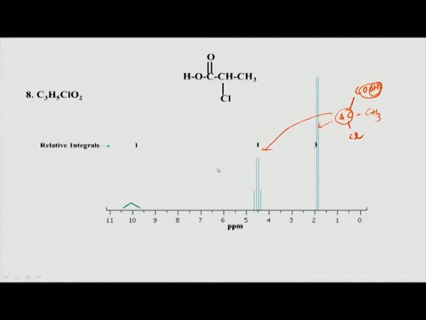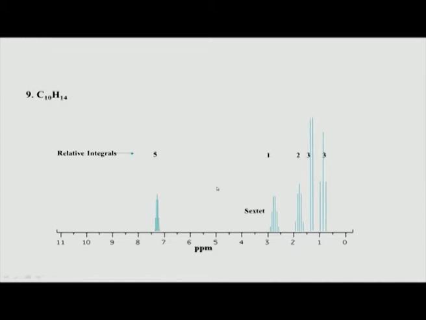So, now in the next 2 examples we will look at aromatic groups. Until now we have not analyzed aromatic systems; these have all been aliphatic with different functional groups. Now, let us see what happens in the case of aromatics. So, this is the molecular formula which we are going to look at.